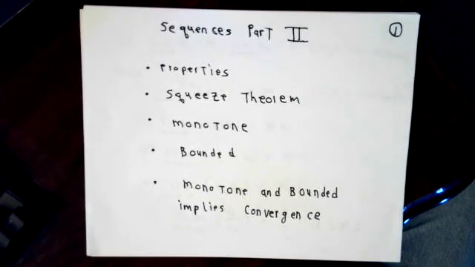This business about bounded and monotone is a fact that's very important to us. We're going to use that fact to convince ourselves of a whole bunch of other things. Many of these things we can use to figure out whether infinite sums converge or not. So this is all for the sequence part.